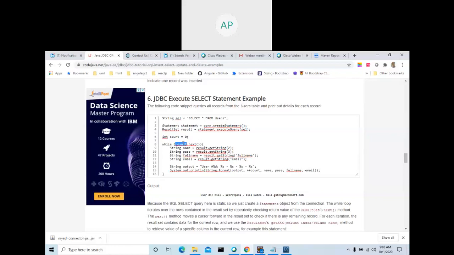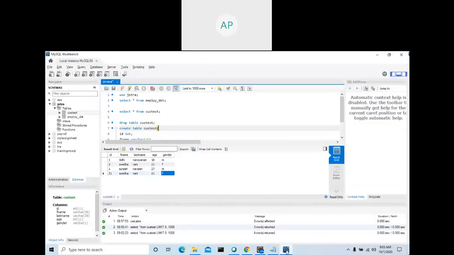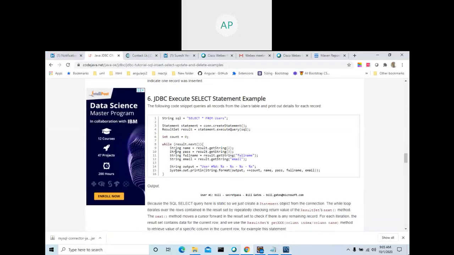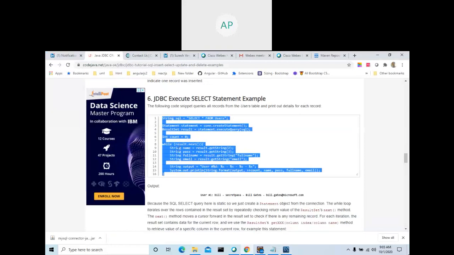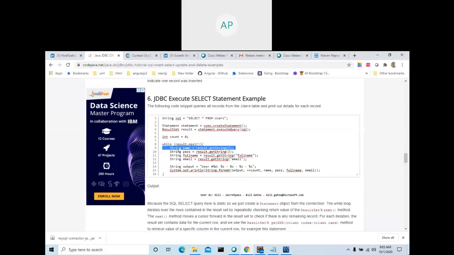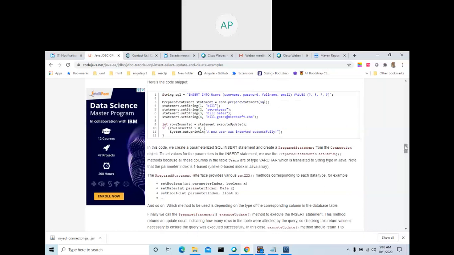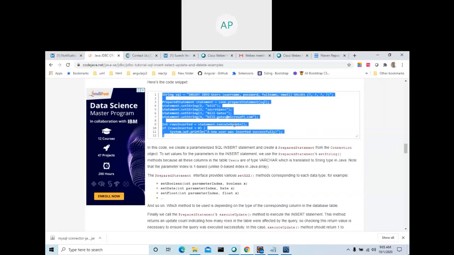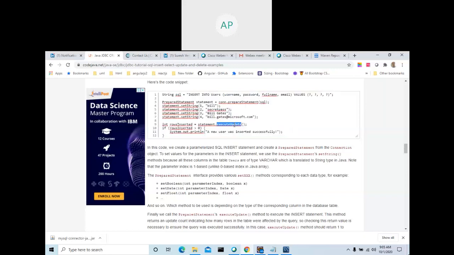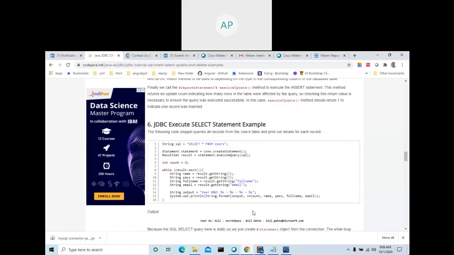So this will contain all the rows. If there are 5 rows, all 5 rows will be here, and the first time the result will point to the first row. Then you get the first column, second column, third column, fourth column, and then the while loop will go again, and now the result will point to the second row. How many rows are there? 1, 2, 3, 4, 5 rows. 5 times this while loop will execute. It will fetch the first column, second column, third column, fourth column in the second row. So like that, that's the use of the while loop. We are using a while loop for select.